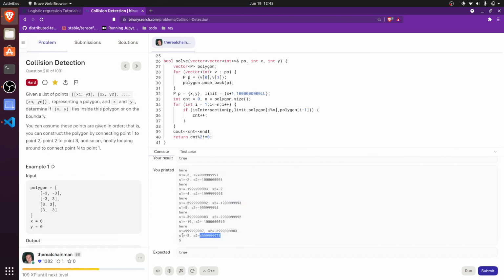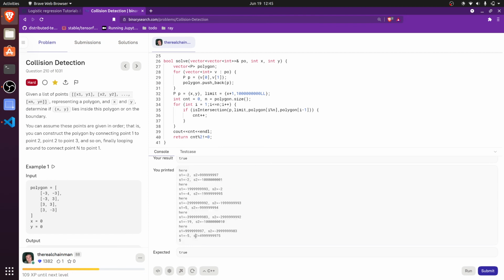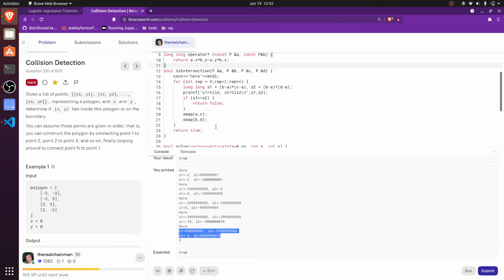Just trying to think here because the problem here is, so I can tell this one should return true. I'm not sure I understand why this one should return true, unless if I print out